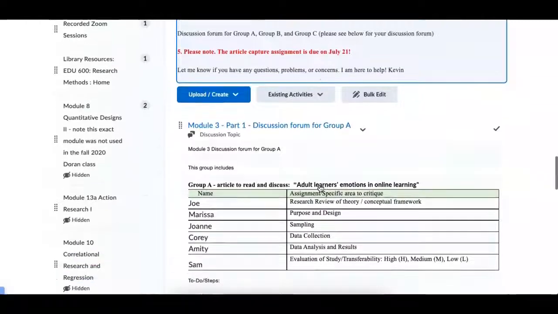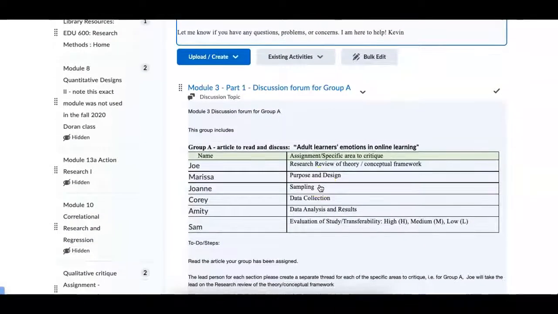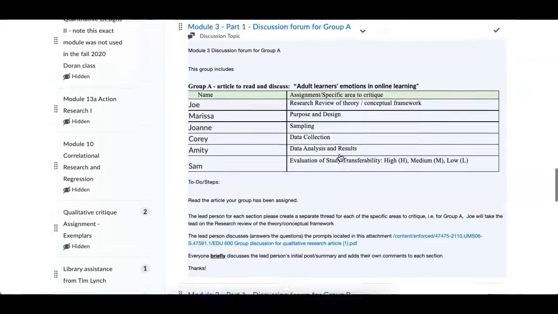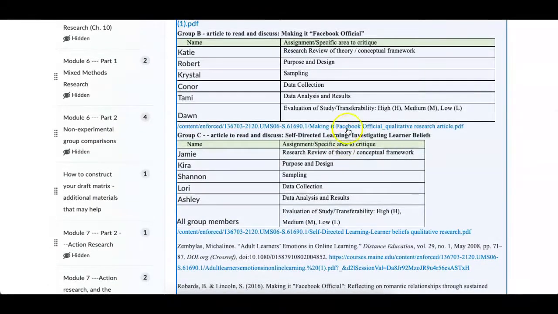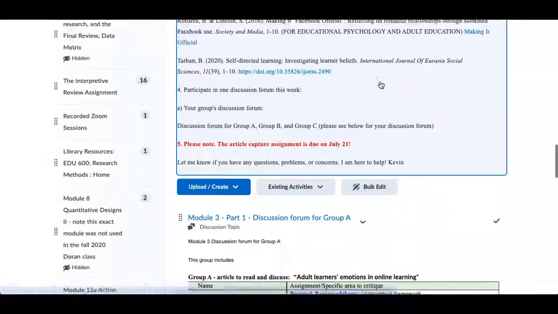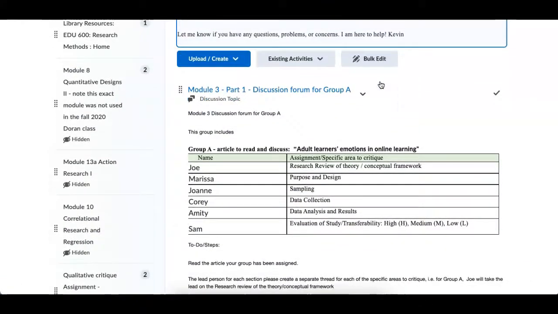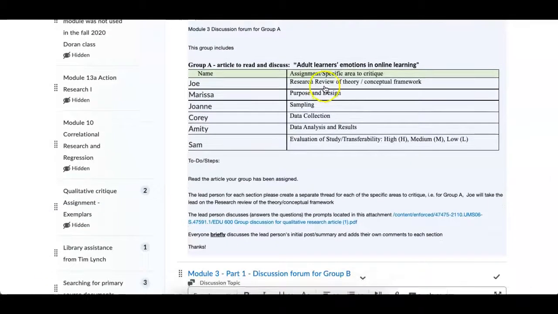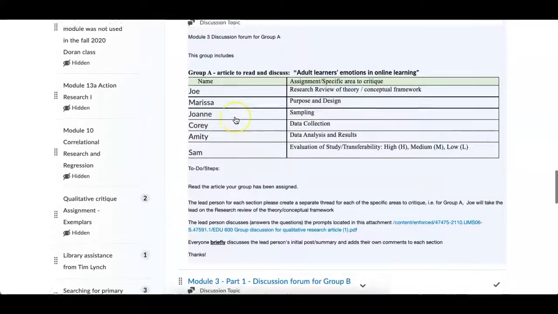Okay. So here's where we get into the group discussion. You read the article, and the article, if you remember, is up top here: Adult Learners' Emotions for Group A. Read that individually, and then each one is assigned a topic. So what we'll do, I'll just give you a preview here. We have the actual